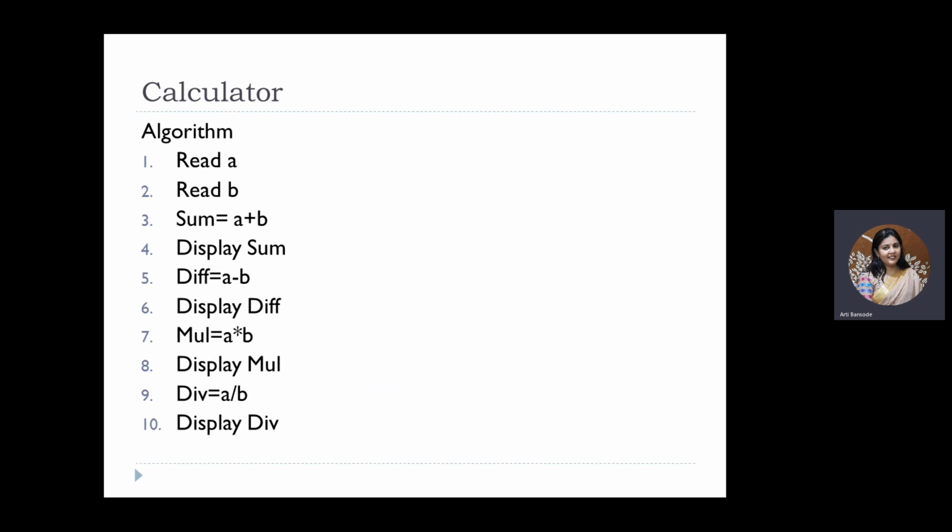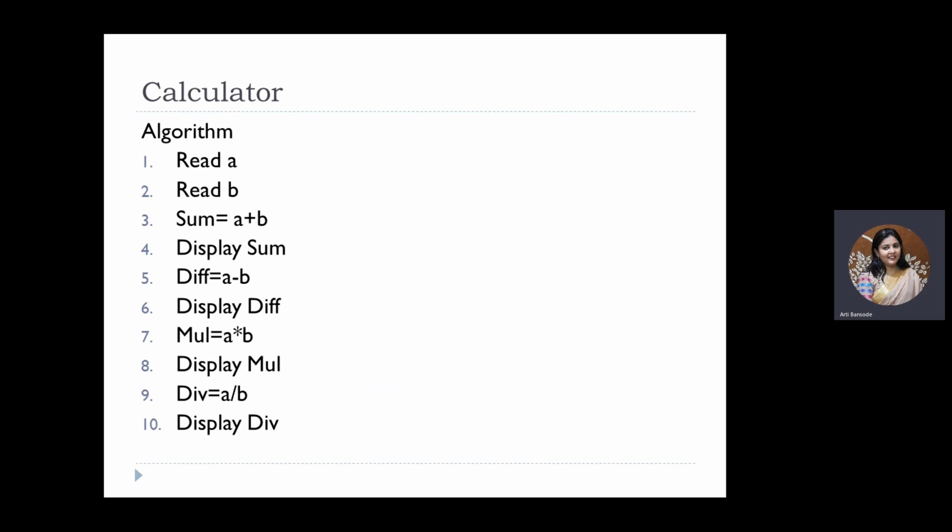And again, I have only written the algorithm of the program. I'll be explaining only the algorithm. The flowchart is left as an exercise for the students. You can make your own pseudocode, you can make your own flowchart. As I said, most of the time programmers usually work with algorithms.